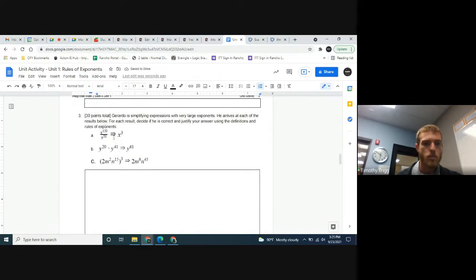But anyway, so here he has x to the power of 150 divided by x to the power of 50. Now, hopefully you remember that when you have the same base and you're in a fraction like that, you don't divide the powers, you actually subtract the powers, okay? So here, the answer should be x to the power of 100 because you should subtract the powers. So he did this one incorrectly. So for part A,